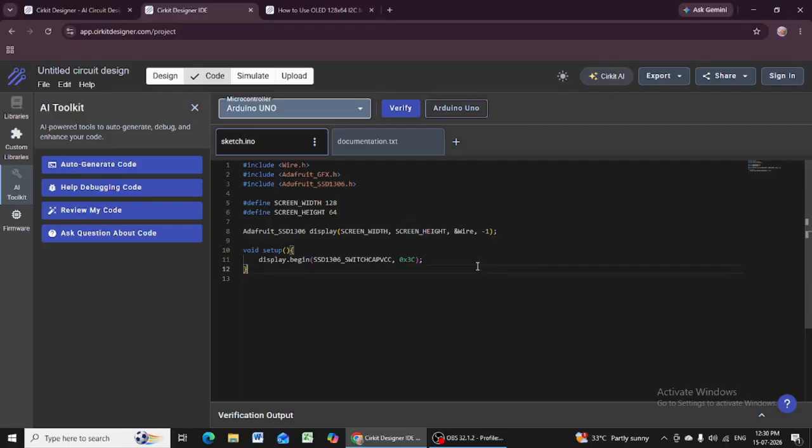Now let's start with this one. The next task will be to clear the screen. So now we are going to clear the screen because we want the screen to be empty at first. Then we're going to start with display,